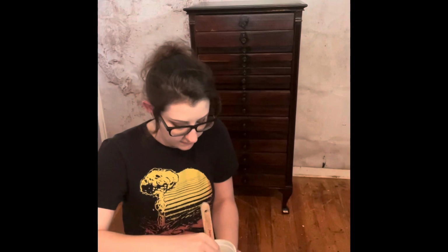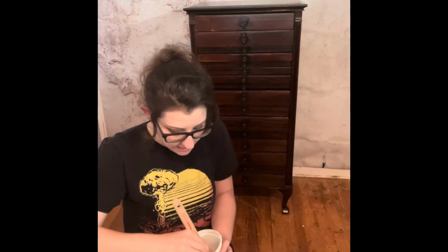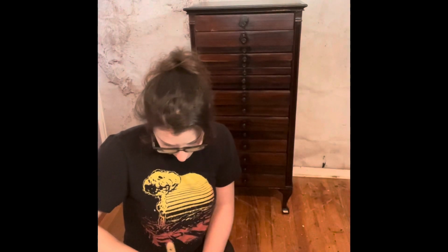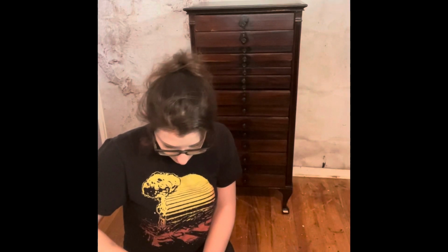Giving it a good swirl, and you can see it coming off. The water is no longer clear, and now it looks like what's in the shellac tin. I just want to do that for a little bit, make sure I get all my nooks and crannies. Really squish the brush, press the brush,